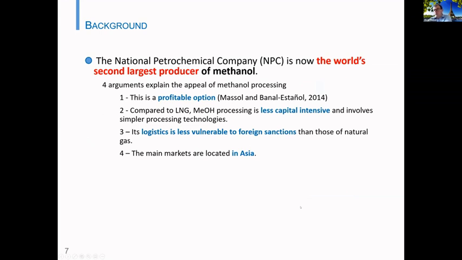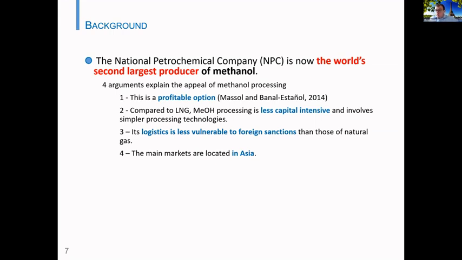When we look at the various petrochemicals that can be exported, one of them is methanol. It's quite simple to convert gas into methanol, it's not so capital intensive, and it's not so intensive in foreign technologies, so you can have a domestic industry processing methanol. Besides, compared to LNG, where you only have something like 500 vessels transporting LNG, all monitored by satellite, methanol can be transported using chemical tankers. As you know, there is a huge fleet of chemical tankers that can be involved in that trade, so it's presumably less vulnerable to foreign sanctions.